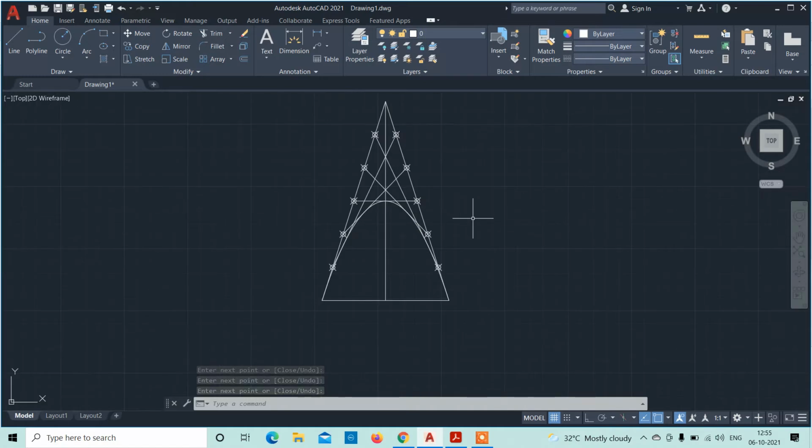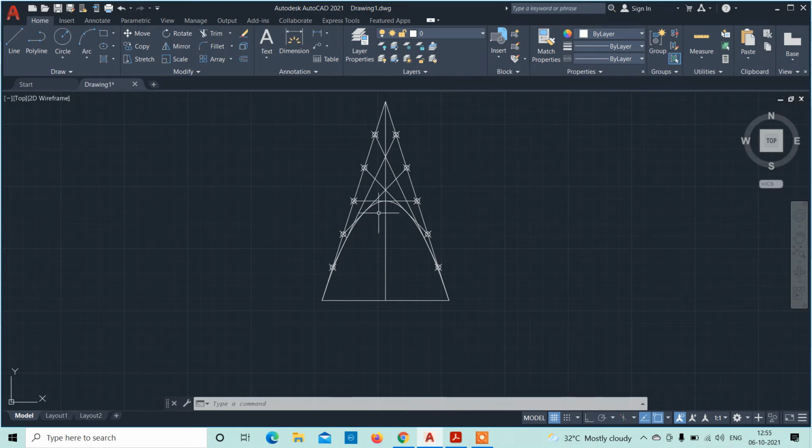Now you can see that we had drawn this central line for a length of 160, but now we are getting a parabola whose height is only half of it, which is 80. That's why we have drawn double the size when we are trying to draw the parabola with tangent method.